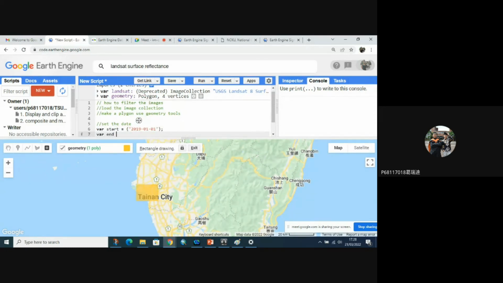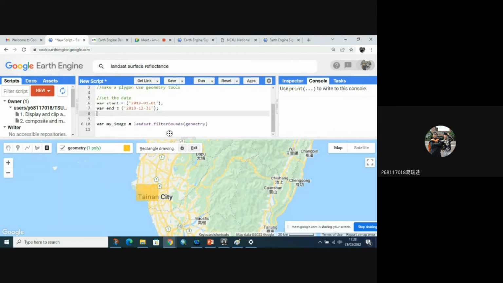For the end, the same, 2019, maybe 12, 31st December. So add the filter again, filter date, start and end.